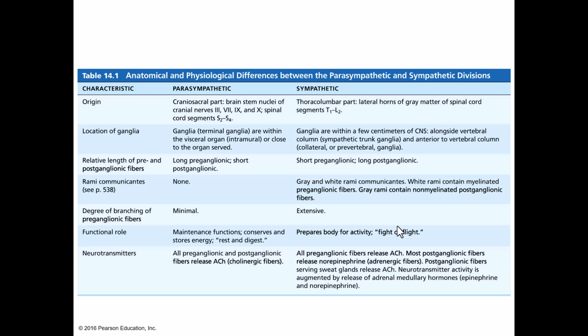This is table 14.1. This does a nice summary of all those differences we just talked about. Differences between the parasympathetic and sympathetic divisions of the autonomic nervous system, talking both about anatomical differences and physiological differences,